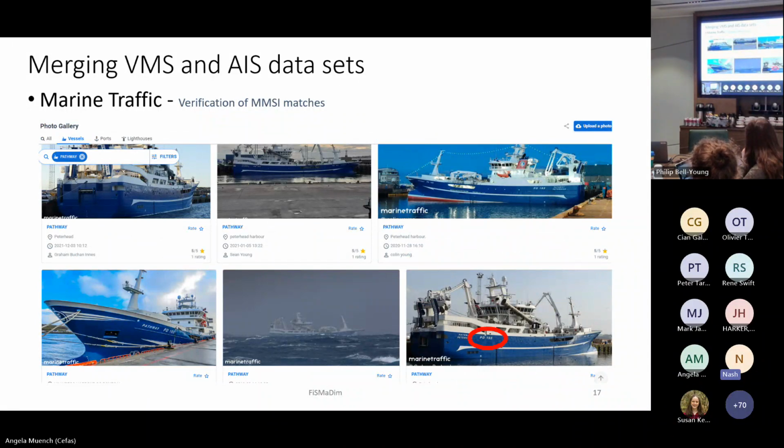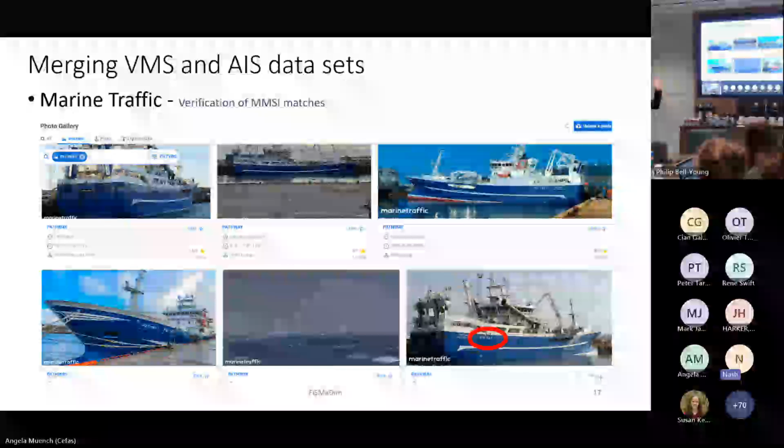In these pictures, you can sometimes see the plate number of the vessel. The plate number can be linked as well to the MMO dataset. So we had an intern working hours and hours on this, looking at the pictures and just making sure that all these matches were correct. And we found a lot of mistakes in these data sets provided by, as we mentioned before.